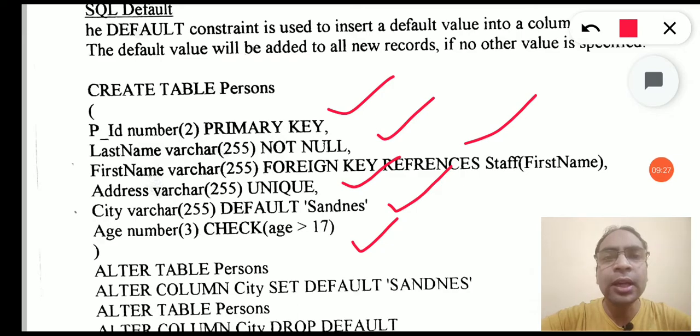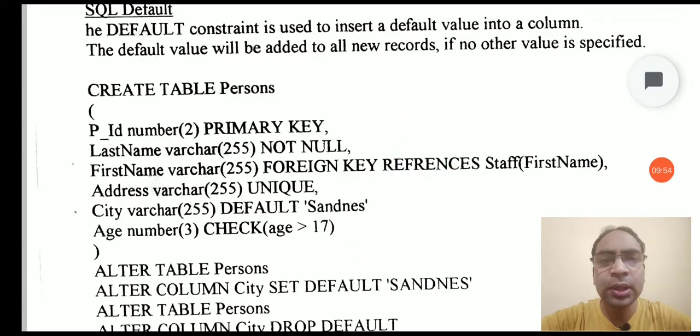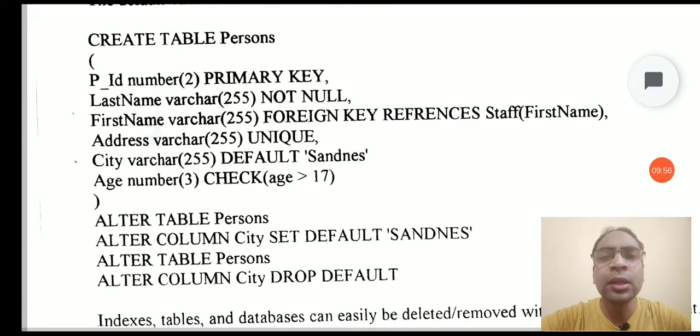If you want to add more than one constraint onto a single field, you can also do it in the same manner. You have to mention both the constraints into the column just by providing a space. So you can have this constraint, and you can also add the constraints later. First you can create the table without any constraint, and later you can add the constraint to the columns of the table. So let's see how we can do this, and we can also alter the columns.